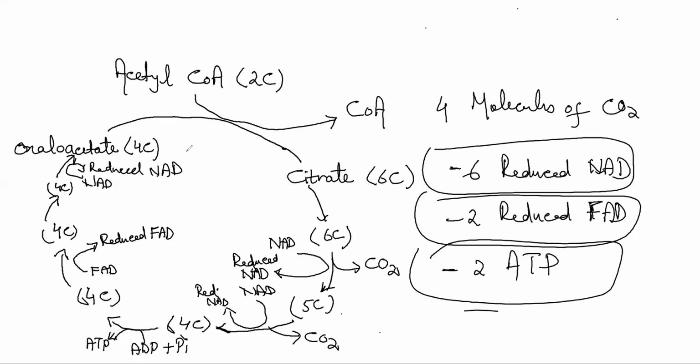So if we look at the products of 2 acetyl coenzyme A entering into the two separate Krebs cycles, what are the ultimate end products? 6 reduced NAD: 3 are produced in one cycle, and as there were two cycles, we double it. Same is the case with reduced FAD: 1 per cycle, so there were two cycles, so 2 reduced FAD. Same here, 1 molecule of ATP per cycle, so for two cycles, 2 ATP molecules. And as far as carbon dioxide is concerned, 2 have been removed in one cycle, so if we double it for another cycle, it's going to be 4 molecules, but they are of no use for us.